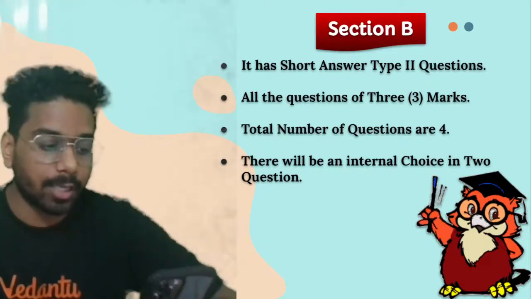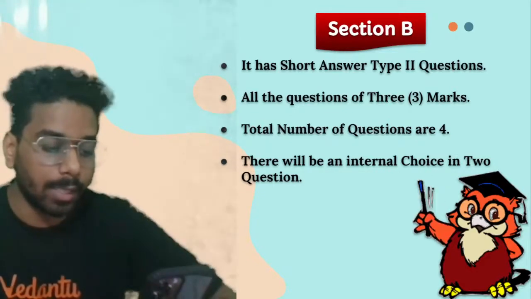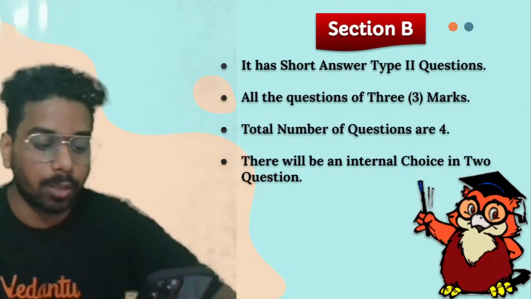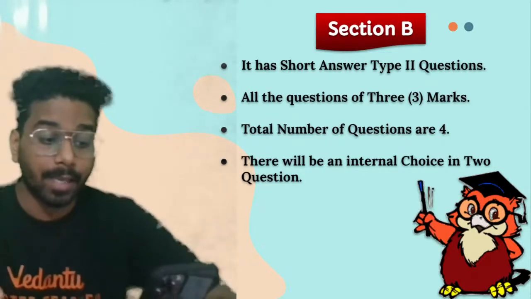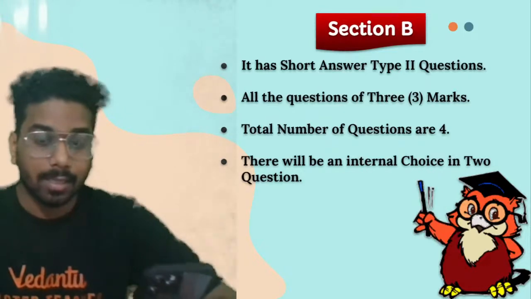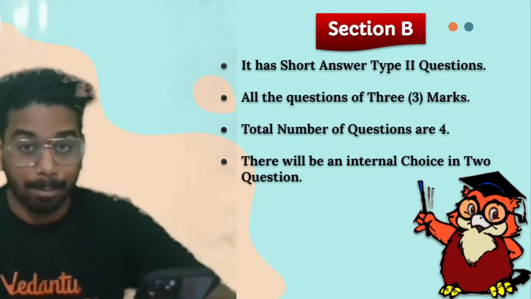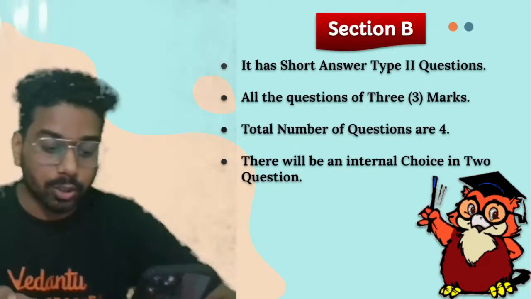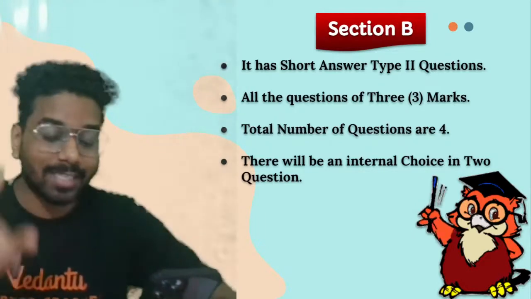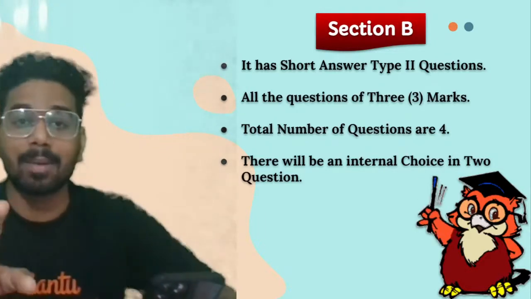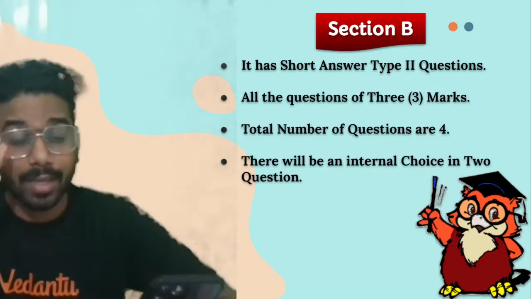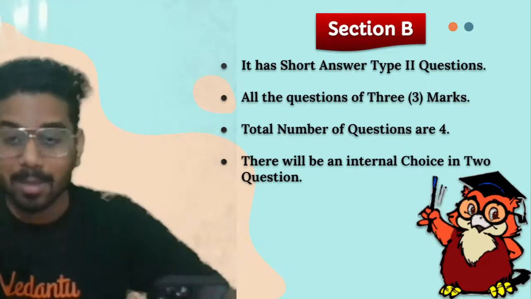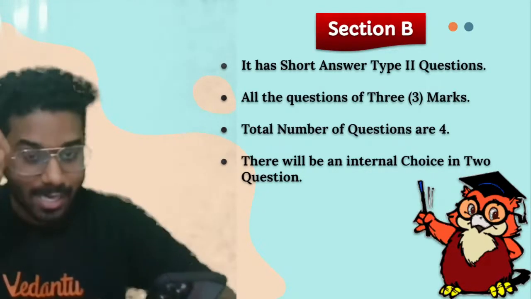अब क्वेश्चन नंबर 9 is: if a vector is not equal to 0 vector, a dot b is equal to a dot c, a cross b is equal to a cross c, then show that b equals c। Now if you compare section A and section B, again a question of proof from vector algebra। फिर से vector algebra पर proof आया है। You have to think the mentality of the examiner, आपको समझना पड़ेगा।